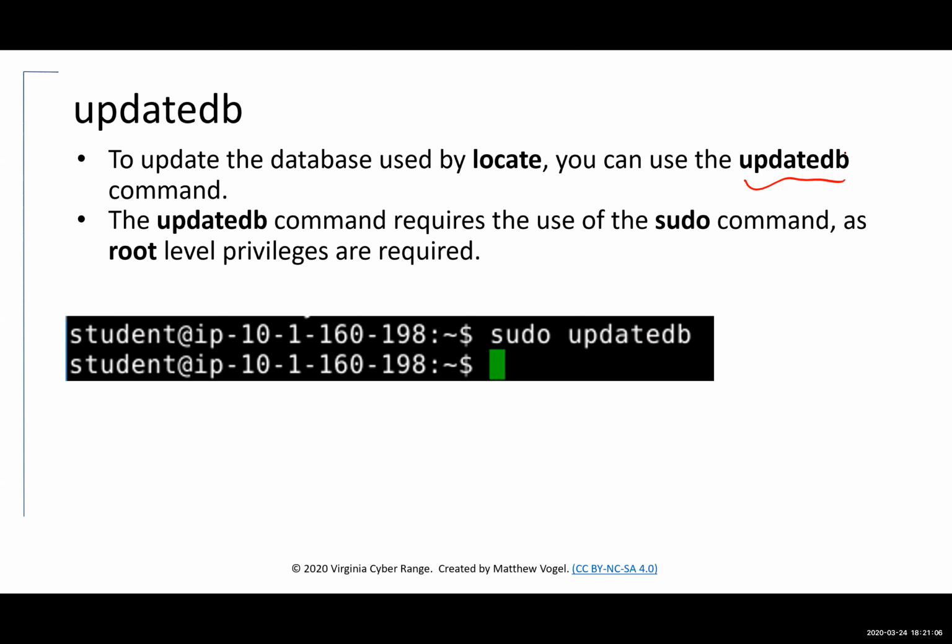Now, if you're a normal system user with a user account, you can't run the updatedb command, because updatedb has to be run by root, and it's automatically run as a root process in the system. Again, the default is on a daily basis. But if I'm somebody who can use the sudo command, then I can do the update of the database. And as student users on the Virginia Cyber Range,